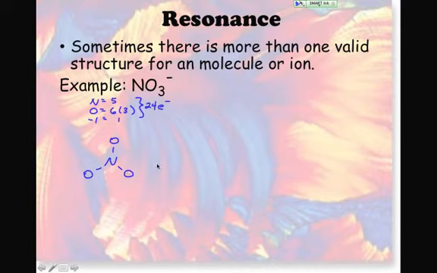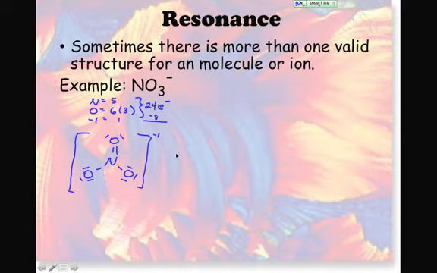And I know that nitrogen needs to have an octet. So let me just make a double bond here so that my nitrogen can have an octet. It needs to have 8 valence electrons around it. So now how many have we used up? 2, 4, 6, 8. We have how many more to go? Right, 16. All right, so 2, 4, 6, 8, 10, 12, 14, and there's my 16. Don't forget to put brackets around it to show that the -1 charge of the nitrate ion belongs to the